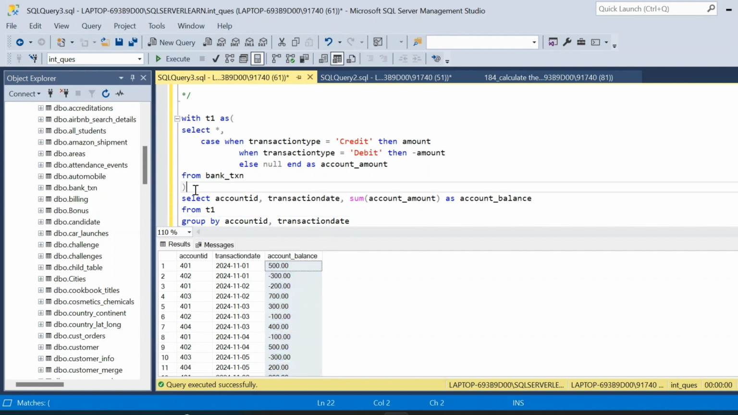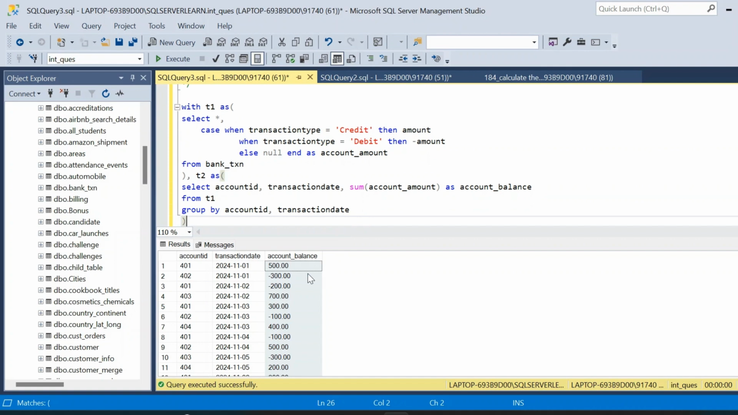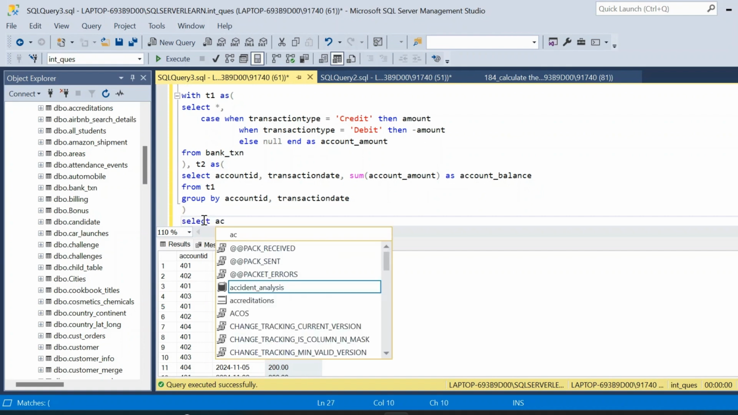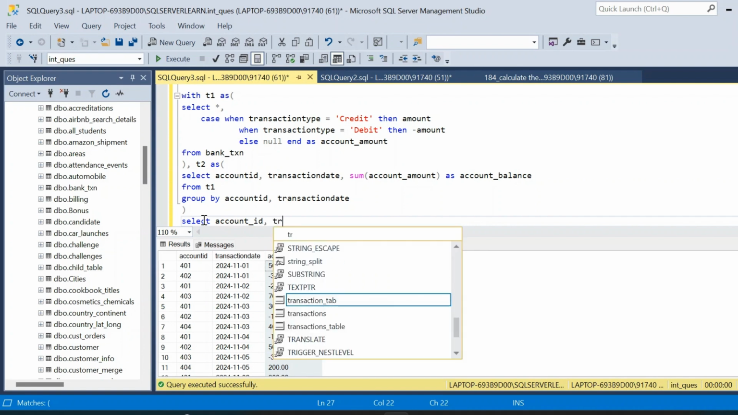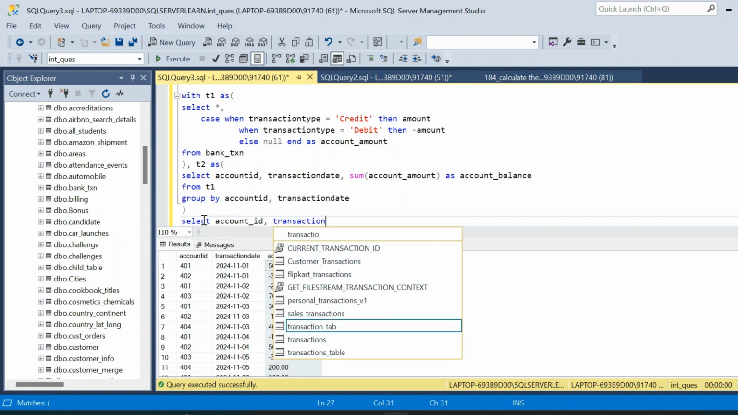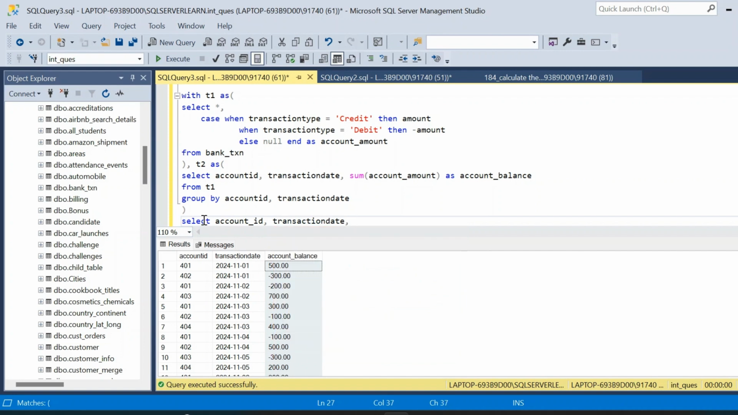Now this query also we will place inside a second CTE, that is T2S, open and close parenthesis. And now based on the account balance column we created, we will calculate a running sum for each account ID and transaction date. For that, we will write another query: select account_ID, transaction date, sum of account balance,